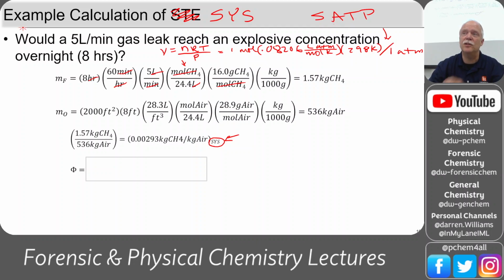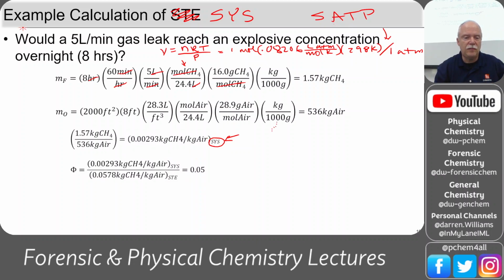5.8% was the perfect amount. This is coming out at 0.002. And so this phi is the ratio of those two. It's the system divided by the stoichiometric perfect amount. And we have about 5% of the perfect amount. If this were 1,